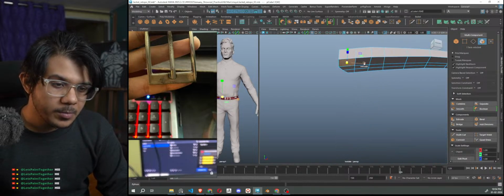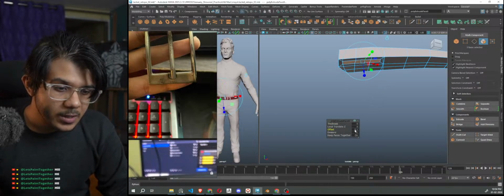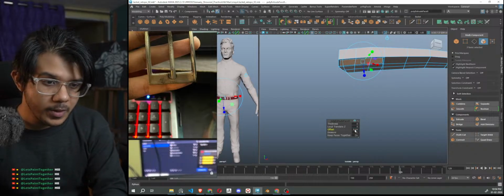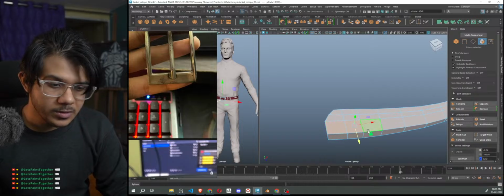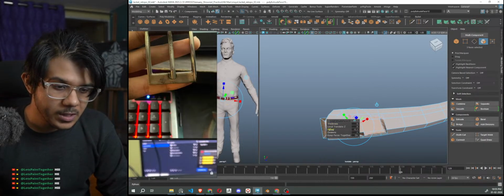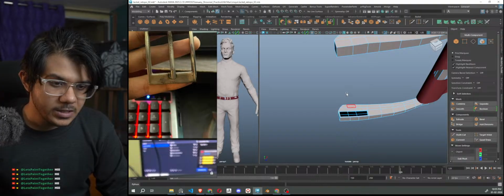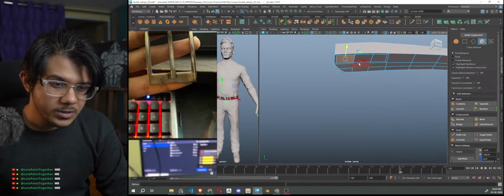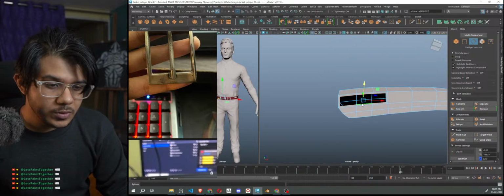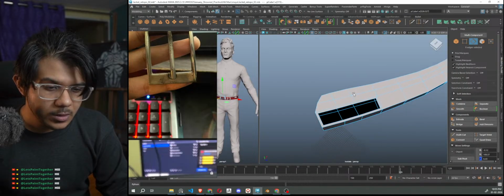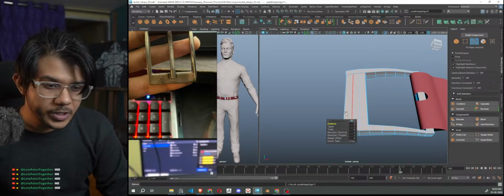I'll do it separately. I'll select these 3 faces. I will offset them inside like 0.04. 0.04 is good. Let me do the same for the other side. I'll select these 3. I will offset them inside like 0.04. Done. Now we have to delete these edges and the opposite side's edges. We are done. Now if we wish to do this, we can select all these. Hopefully it will work. If not, then we have to do it one by one, but hopefully it should work. It should bridge itself. Yes,